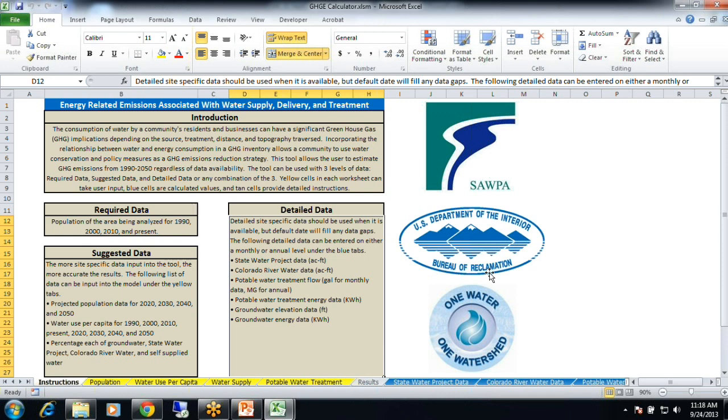If you had a project where you were reusing water, so you came out of your treatment plant and you were going to then inject it into recharge wells and recharge the groundwater, that would actually reduce your imported water and increase your groundwater. But if you were going to take water reuse and then take it straight back into the potable water treatment plant and then redistribute it, then that would increase your self-supplied water, not your groundwater. Does that answer your question a little bit, Caitlin? Yes, thank you. I should probably add that definition. I should probably put a definitions page so it's a little bit more clear. Thank you for that.